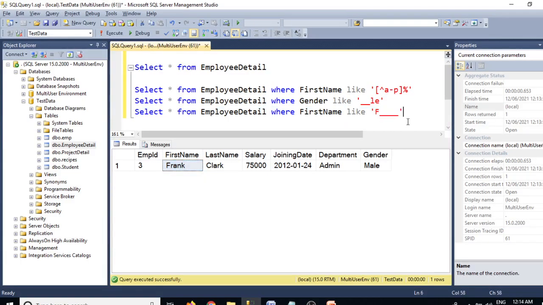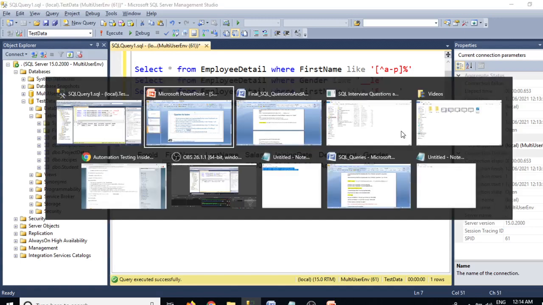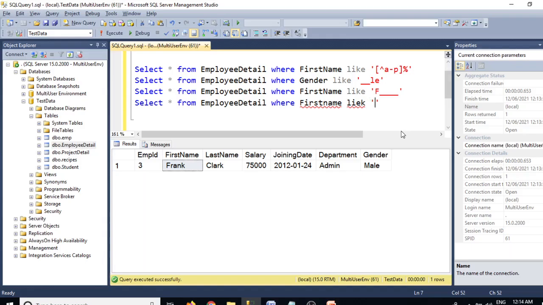So simply we'll write select star from employee detail where first name like, in single quotation, and this bracket denotes a single character, right? And inside that we'll write the percent symbol, and it could be in the middle or at the beginning.